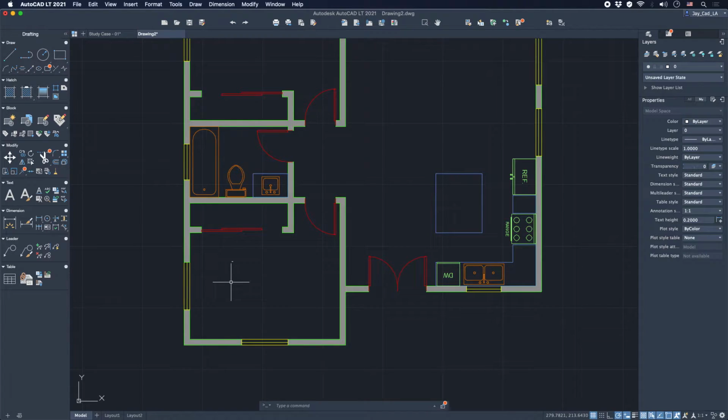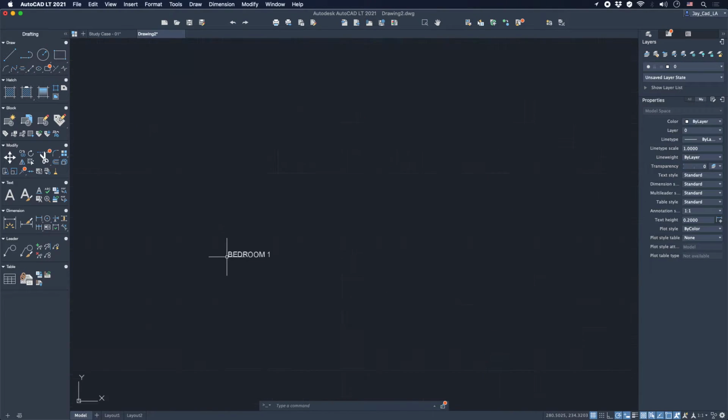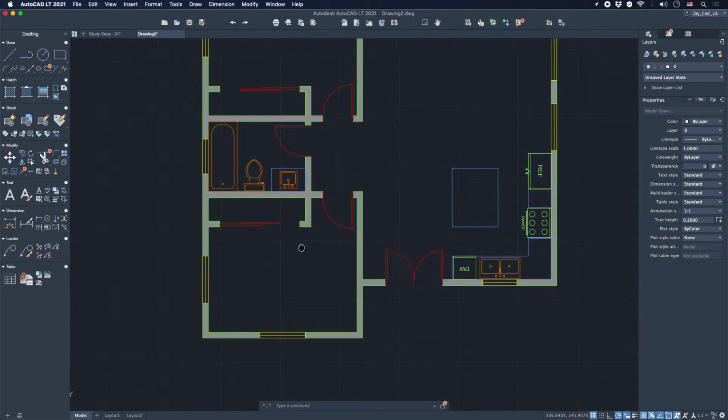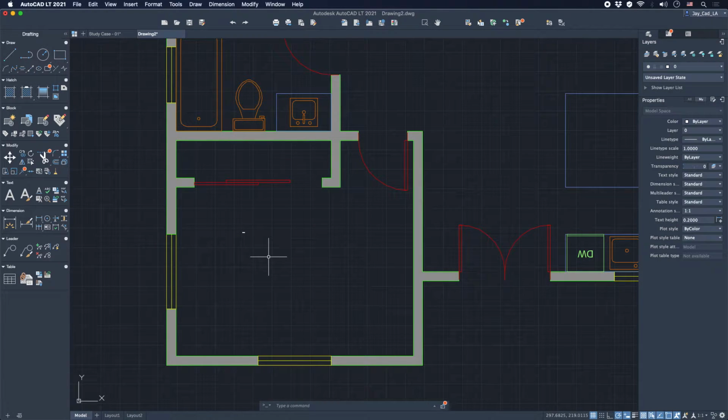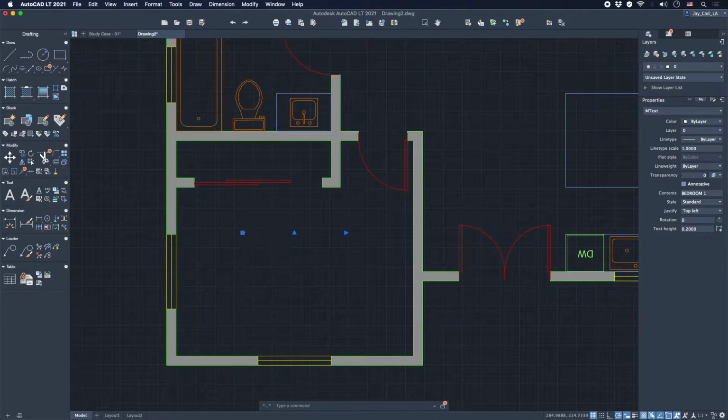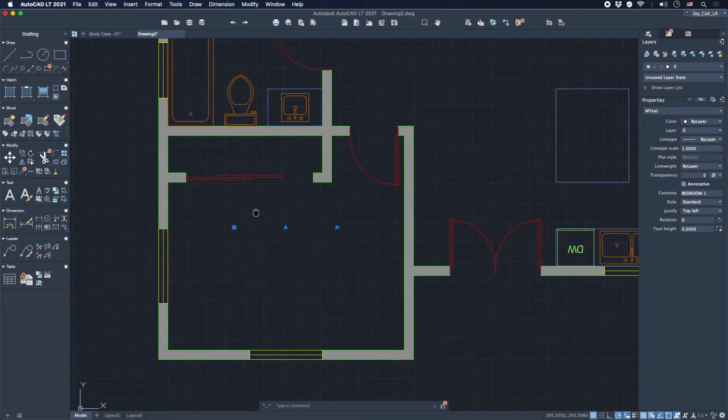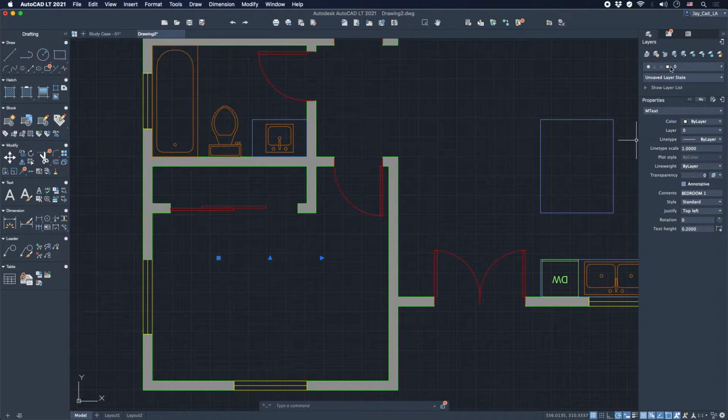And the problem with the text in AutoCAD, text by default in AutoCAD is very, very small. If I zoom in here, you will see that our text got created, but it's very, very tiny. And obviously that's not gonna work when we're putting the text on the model space. So what we can do, one quick fix, it's not the ultimate fix, is to select the text element, and then right here on the right side where we have the layers window above here, then we have the properties window under it, and it says when we select the object, it says this is an mtext object, and then from all the way to the bottom you will see here it says text height,